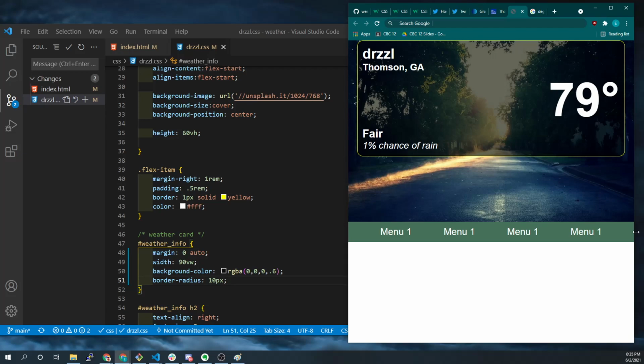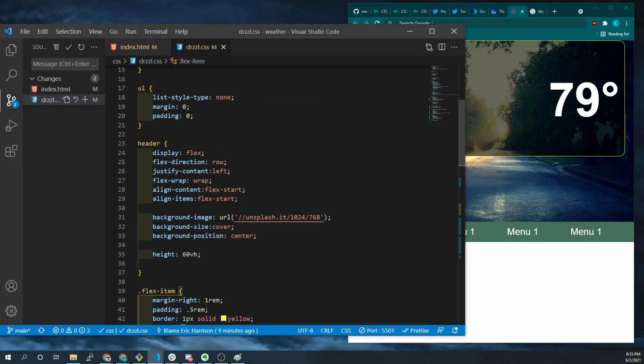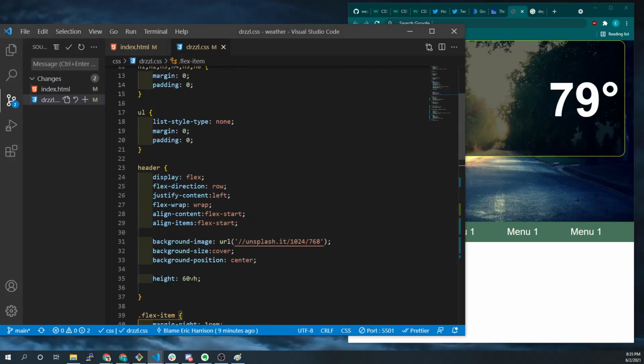If it's winter, it becomes white. We can do all kinds of cool things like that based on the content that we're able to pull using JavaScript, and we actually get weather data in real time, maybe that's being pulled from here. The other thing that jumps to mind is we've got this box that's really nice, but now it no longer necessarily makes sense to have this be this big. So maybe what we do is instead of saying height is 60 view height, let's see what happens if we